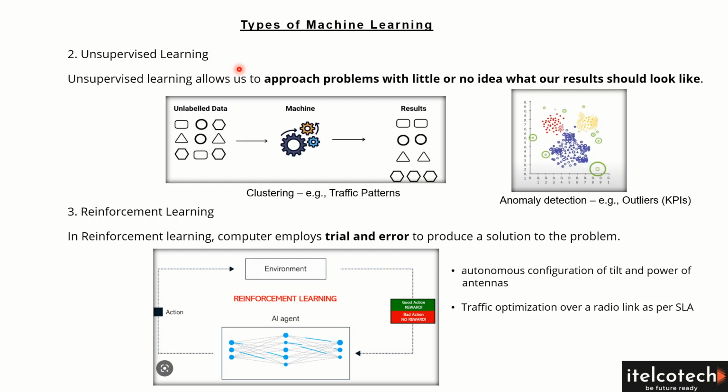In case of unsupervised learning, which is another type of machine learning, we have input data, but we don't have output labels. So we may get some data in terms of different traffic coming from the network, and different users have different traffic patterns. So we get different data from the network, and we just put it in the machine learning model.